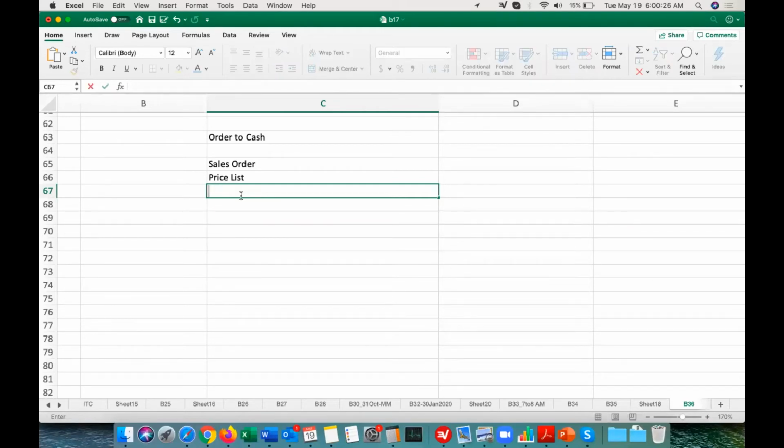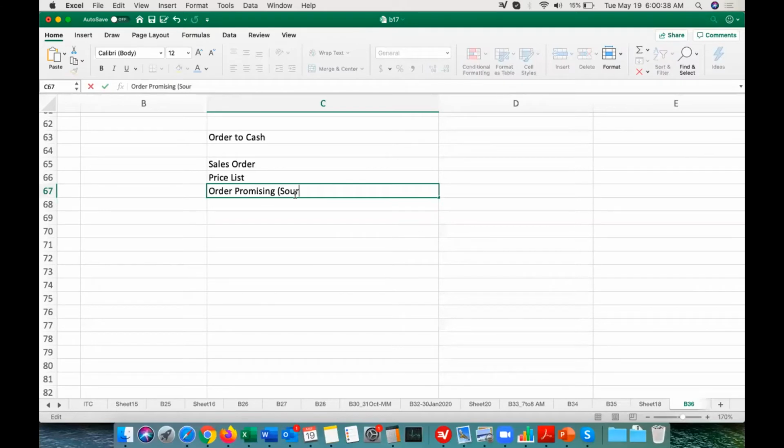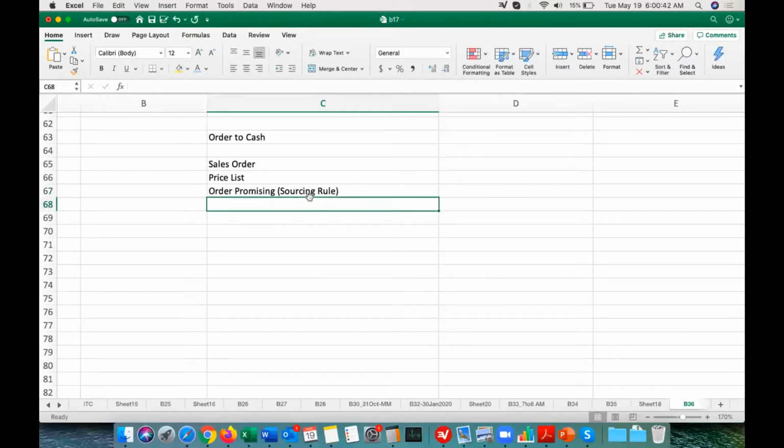That is called the order. Before fulfillment, we have the order promising, wherein we will create the sourcing rule. Based on the sourcing rule only, we will say from this organization you go and pick that material. Then we have the order fulfillment.